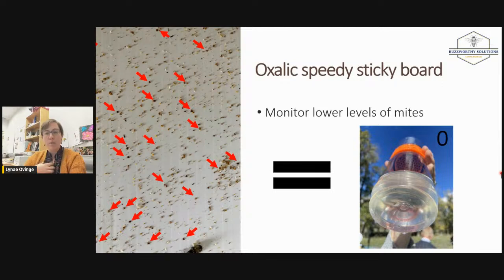And this is a problem I get as a researcher. I'm trying to do research and I'm getting a ton of zeros, and comparing zeros to each other doesn't work in research. But by using this, we can really start to monitor those lower levels of mites that we're wanting to kick back to keep our mite populations as low as possible. So they could use this tool to do it before and after Apivar and see how that worked.